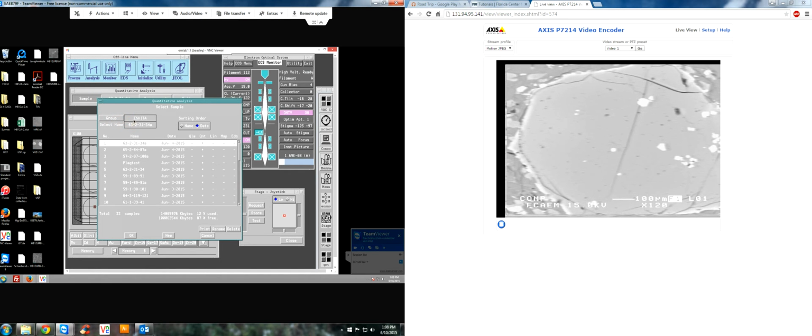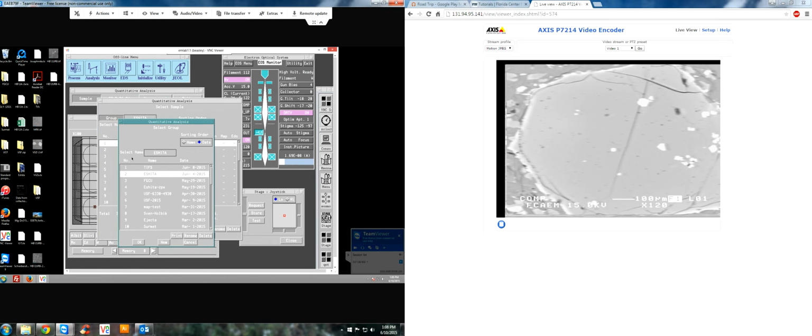Right now the group name is Ishita. Ishita's a user of our probe, so she has done all kinds of analyses in her group. If you click on the group button, these are all the different users for our probe. This is where they all store their data and do their quantitative analysis. If you're a new user, what you would do is hit New, and then type in, I would generally say, your name. In this case, we'll just do video